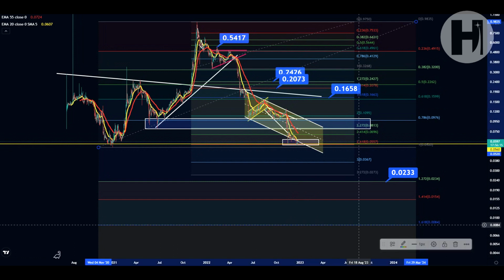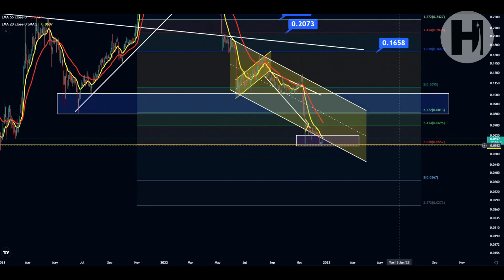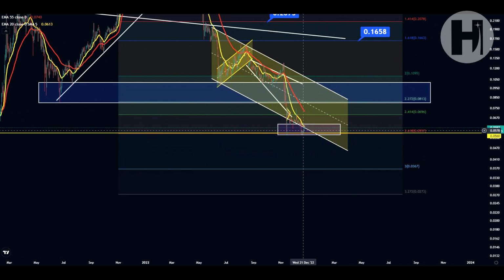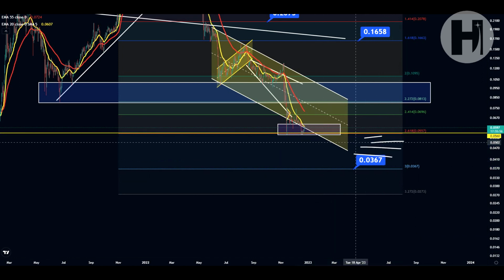So taking a look at the Fibonacci that we have on the chart, zooming into some of these levels. So the 2.618 is where we are at right now. Next up, we have the third Fibonacci level, and I would set up some buy limit orders anywhere between these two levels here. So this whole buy zone here, that's going to be a great accumulation zone